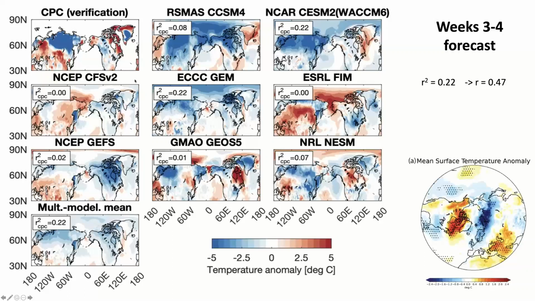And you can see this by eye. If you look at the patterns, they captured most of the cooling over Eurasia. The warming in Eastern North America was captured by WACM, and that feature was captured by the GMAO GEOS model, but other aspects of the forecast were not quite right. If you look at this pattern in WACM, it looks awfully a lot like the pattern from Amy Butler's paper of what sudden stratospheric warming should look like. So we were very excited.